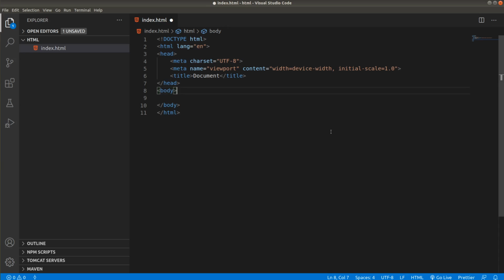So friends, that's it for this introductory tutorial. In the next tutorial we are going to see how we can use Live Server so that the changes in your HTML document get detected automatically and you don't need to refresh your browser again and again. We will see that in the next tutorial.